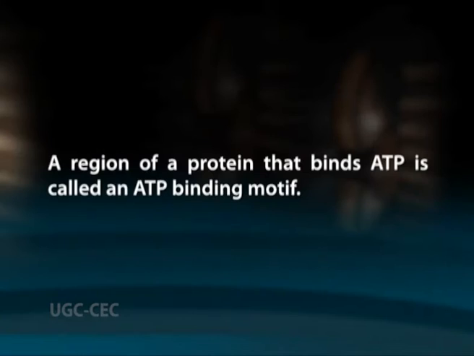While aligning protein sequences, it is often apparent that certain regions or specific amino acids are more conserved than others. Such regions are often conserved because they encode a part of the protein that is functionally important. The term motif is used to refer to a stretch of a protein or nucleotide sequence that is associated with a particular biological function. For example, a region of a protein that binds ATP is called an ATP binding motif.